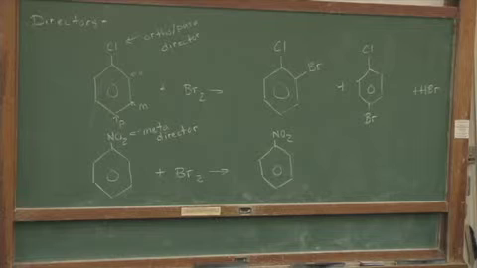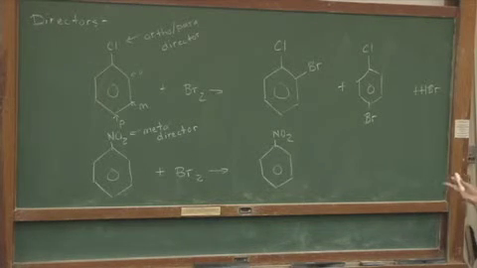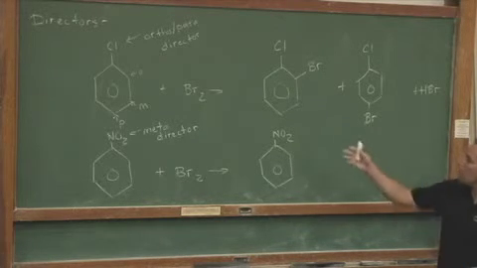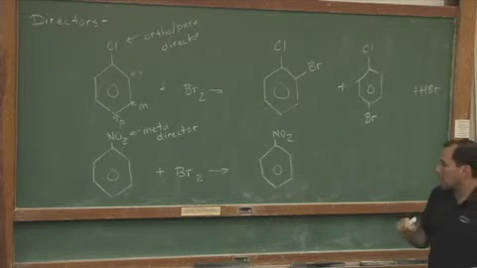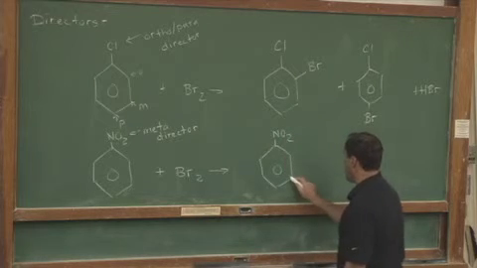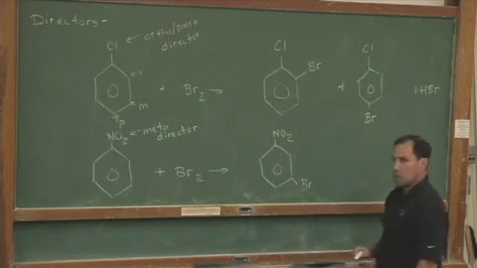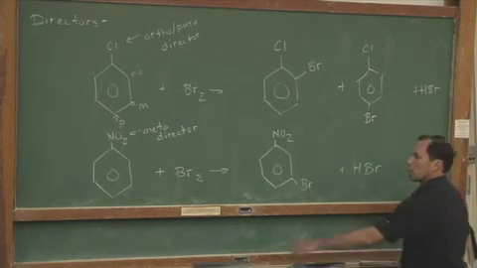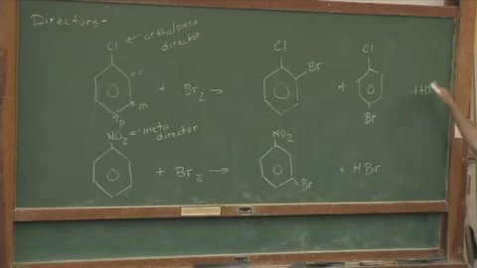It turns out that nitro, NO2, groups are meta-directors. Experimental evidence shows us, and then the theory talks about electronegativity concerns, whether it's going to withdraw electron density out of the ring or not. It's a meta-director. One position only, the meta position. So our product is going to be NO2 up here at the top, and bromine will come in at the meta position. Plus the hydrogen that was knocked off of the ring and the remaining bromine from Br2. So directors,